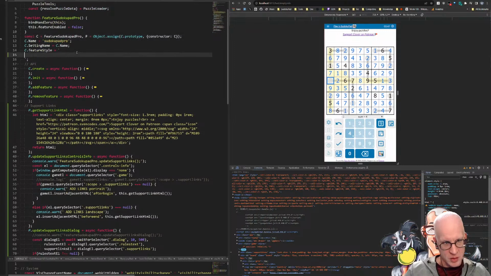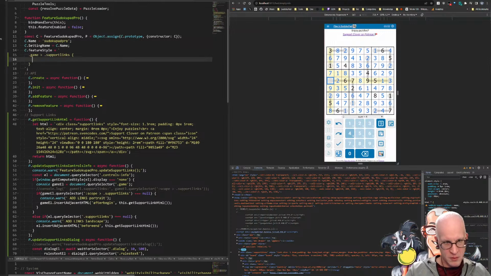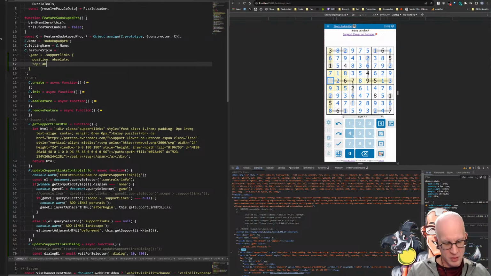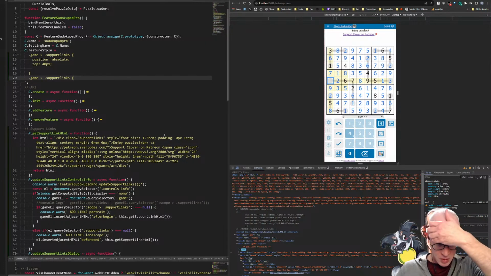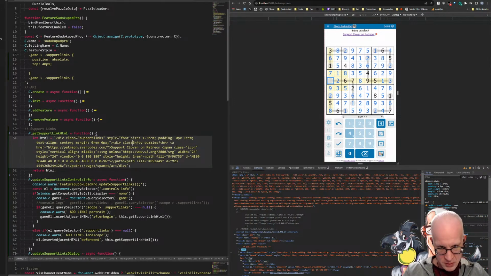So we can do .game-support-links position absolute top 40px, and the first part, which we're going to put in a nested div class equals prefix slash diff, like that. If I refresh this now,